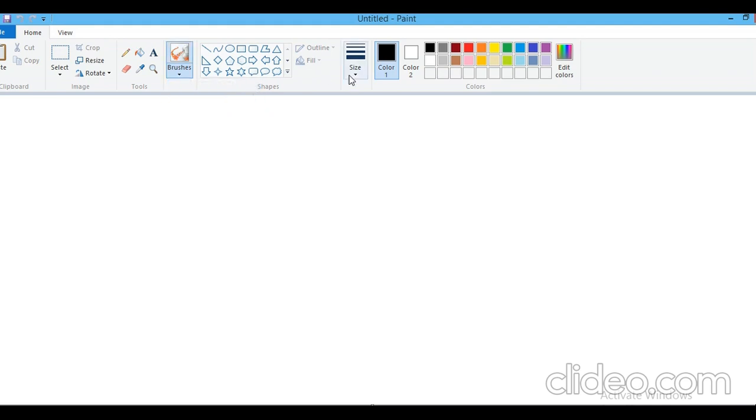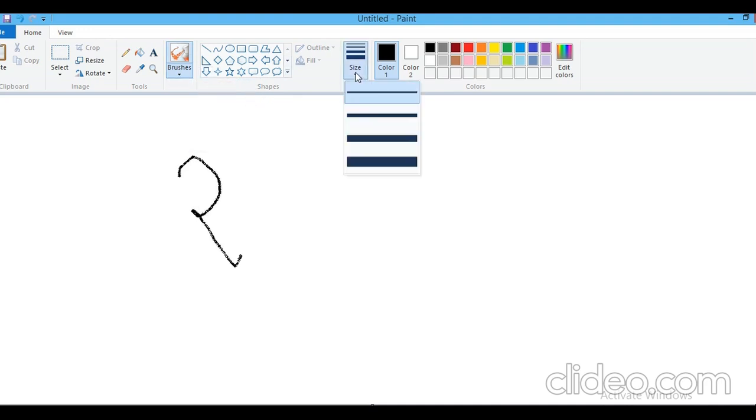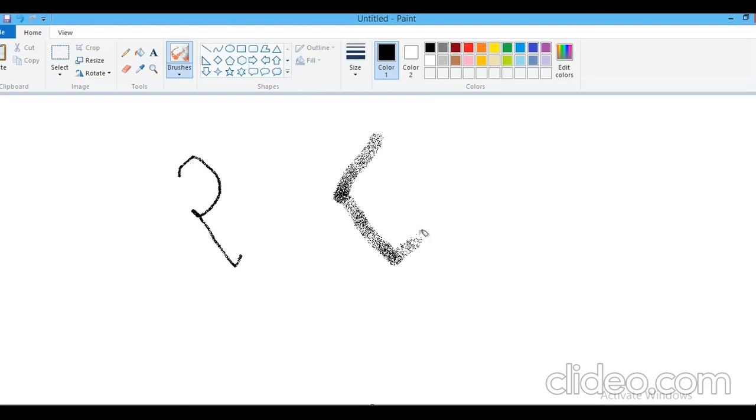Airbrush, after selecting, you can choose their size also, how much thickness of the line you want. I have selected the first thickness, you can see here. In the same way again I have selected the airbrush, and I have chosen this thickness. Now you can see here the thickness of the brush gets changed with the size button. I think all of you are clear how to select the tool and how to change their thickness.